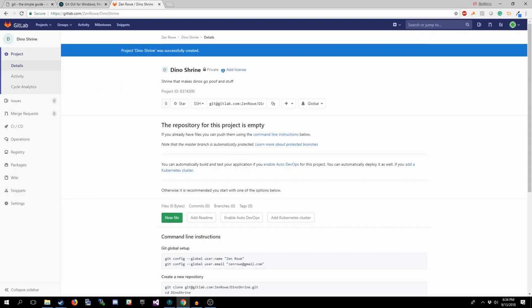Now, this project is empty. One thing to note is my account is already set up with an SSH key. Your Git remote repository can be HTTPS based or SSH. I recommend SSH, but you are going to have to generate a key for that. There are tutorials for doing that. It's not very complicated, but it would take a little while to do it in this video, so we're not going to worry about that, since it's already pretty easily documented and there's nothing really specific about it for the Arc Dev Kit. So that's just something to keep in mind.